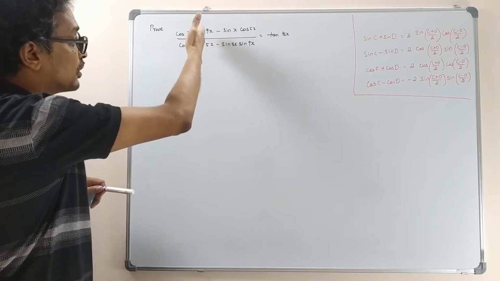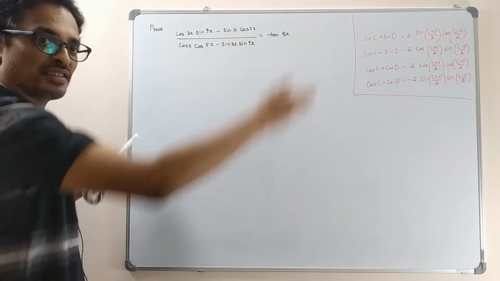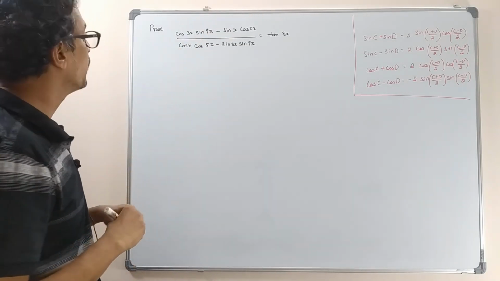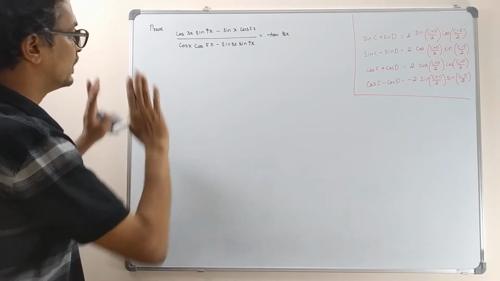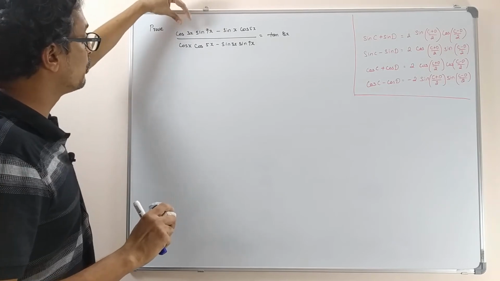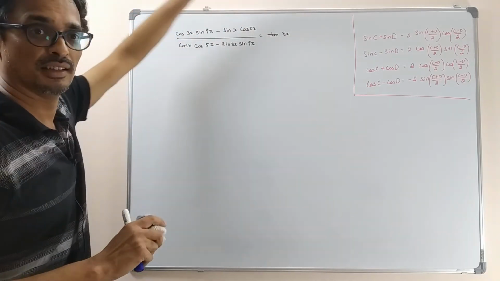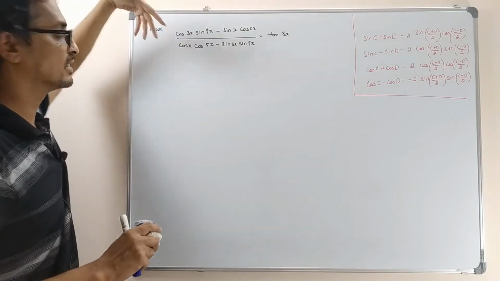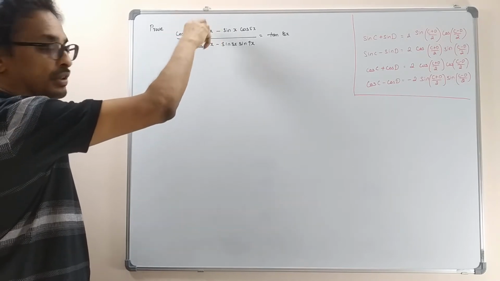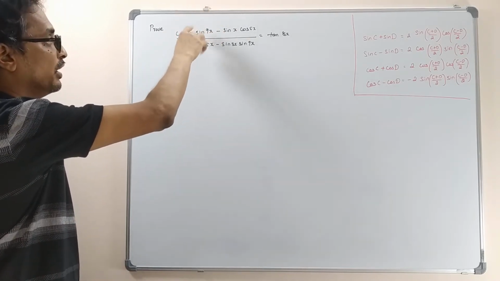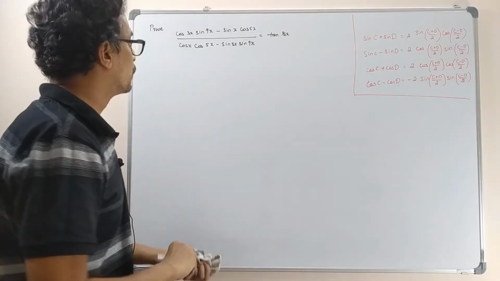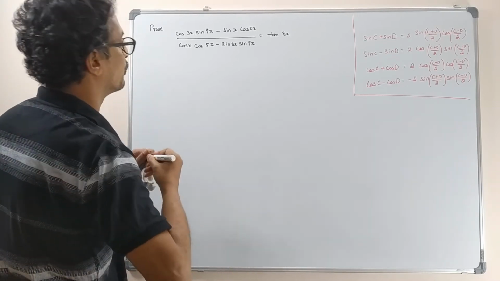You can use it for cos 3x, but for cos 9x it is going to be 6th power because 3 into 3, so it is going to be much more complicated. We can't even use that. So the only way we know is to break up these products and write them as sums, and it may get cancelled. How to break up these products into sums of trigonometric functions is from the factorization formula. So let us use that formula and see what we get.